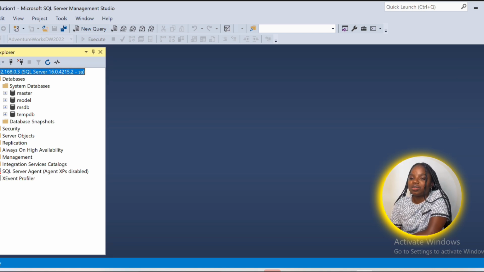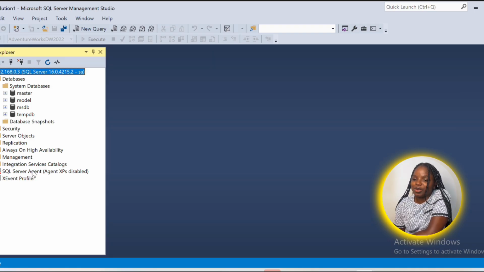So we have security, like I mentioned. Most of these other features are used by database administrators. But for you who is planning to be a data analyst or who is a data analyst, your work would be around these areas. For the integration services, we'll be talking about that much later when we are talking about SSIS and